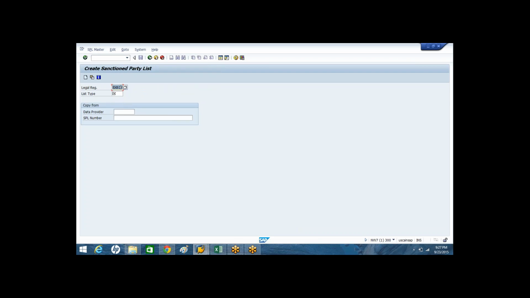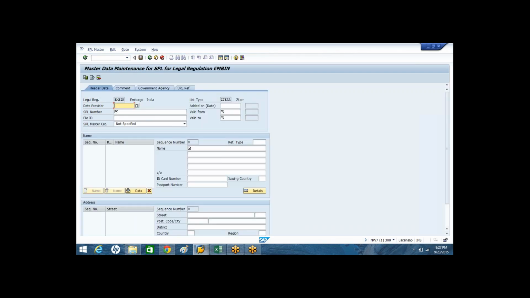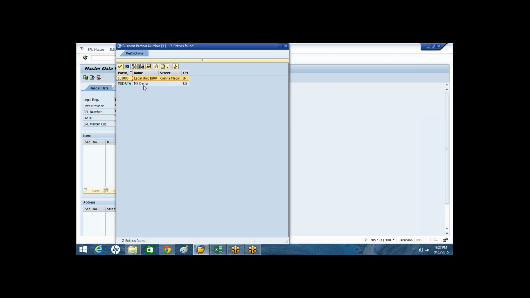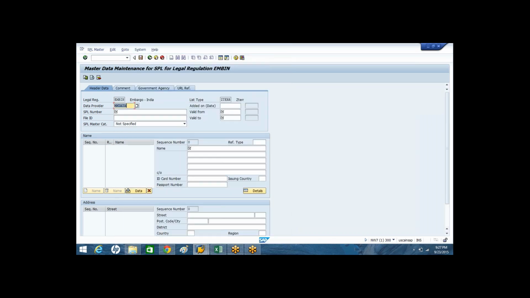Create the SPL list, and when you are creating it, you have to specify under which legal regulation you are going to create this SPL member, and also what the list type is that you want to consider. Then you can also specify who the data provider is, which gives the information that this member is under the SPL list.